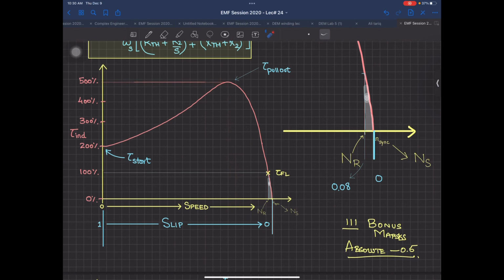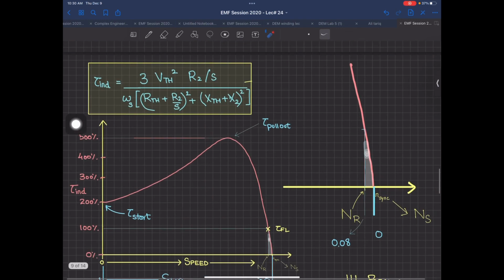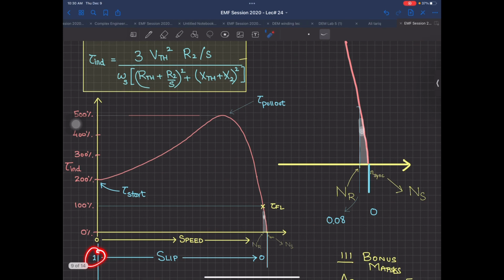मैंने T full load निकाल लिया, मैंने T start निकाल लिया. T start के लिए क्या करना पड़ेगा? One thing very important, please, one thing very important. In this equation, if you put S equal to 1, you can find out T start. ऐसे ही है ना जी. स्टार्टिंग पे स्लिप 1 है. So you will just put S, यानी कि S खत्म हो गया. The only equation remaining is that now it will become T start. At any full load point, you know your slip.